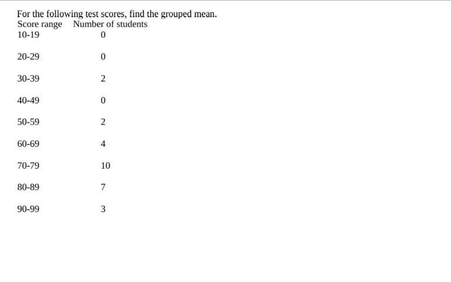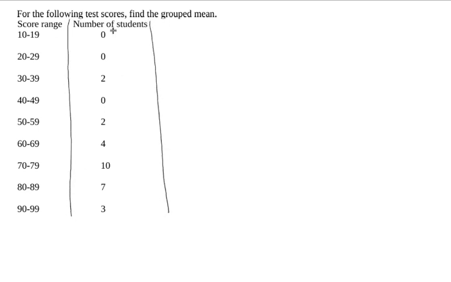If the data was a bit more spread out, then it might make sense to group them together like this and find the mean. So you can see we say that there's 0 values in the score range 10 to 19. There's 0 values in the score range 20 to 29, and so on. And each of these different score ranges have a certain number of students that lie in there. Now, if we're going to compute this,